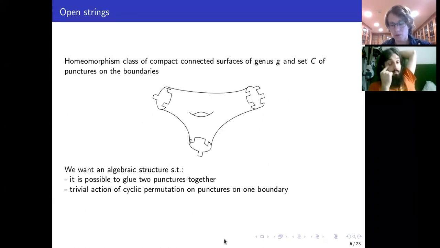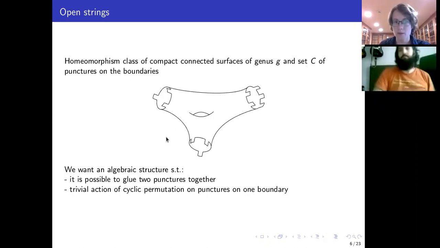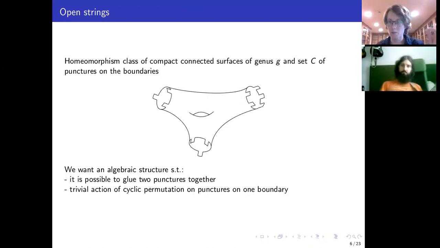So this was what was already known for the closed strings, and now we can ask, can we do the same process for the open strings? So this time we would have, on the geometrical level, the homomorphism classes of compact connected surfaces, Riemann surfaces with some genus G, again some set of punctures, but this time the punctures will be on the boundaries of the Riemann surfaces. And you again will have some gluing between two surfaces and self-gluing, which will correspond to identifying the puncture of one boundary with a puncture from another boundary, or with the self-gluing, it could also be from the same